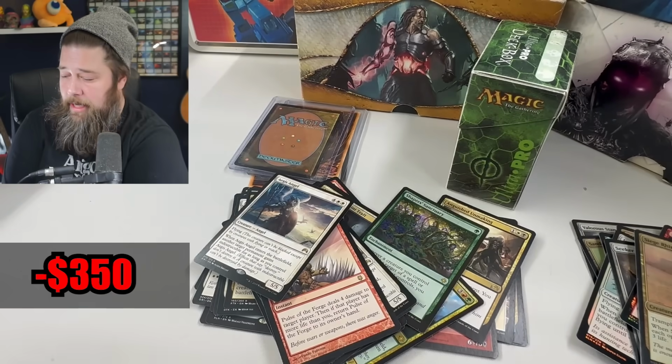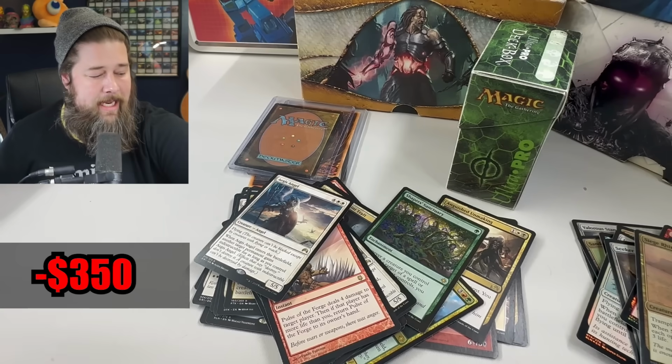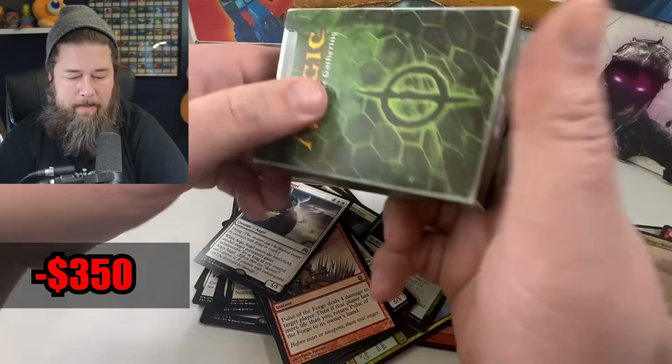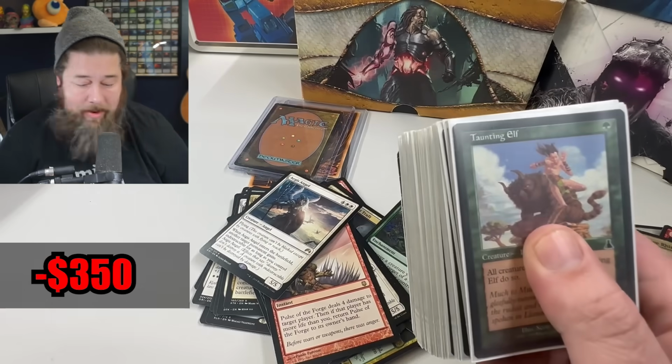Let's go to this next deck box here. Oh, I gotta stop hitting the camera. Gotta stop hitting that camera. All right, next deck box. This feels like a real deck box. This is not a precon deck box. Oh, it's sleeved. Okay. This looks like...